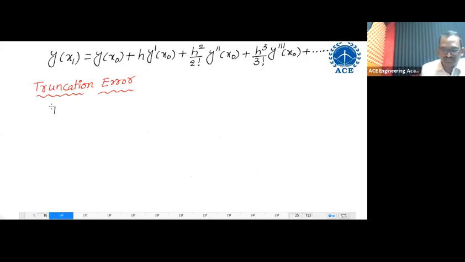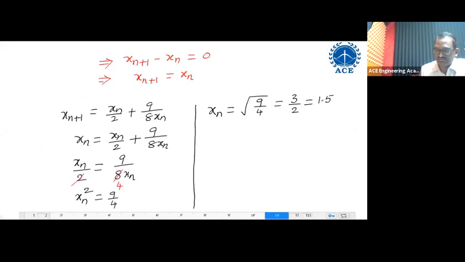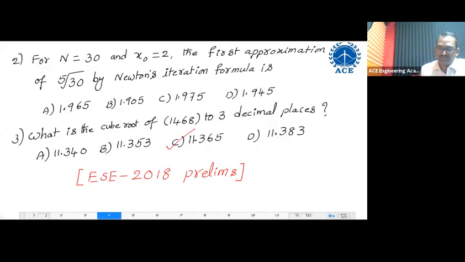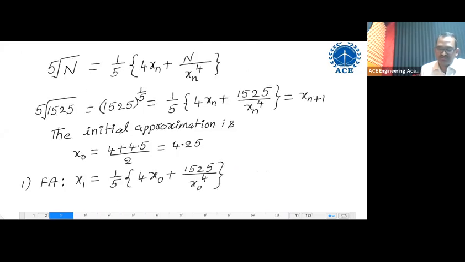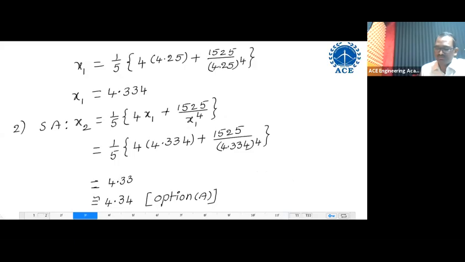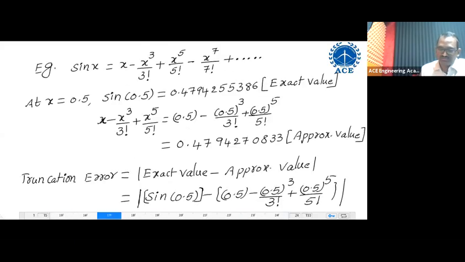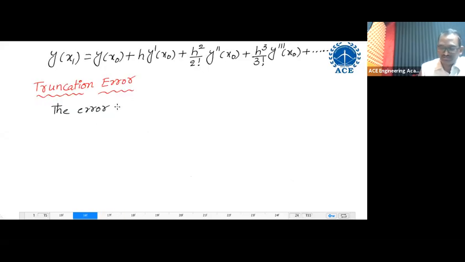So the definition is, this is a concept, man. We are not solving lengthy questions. Where did we solve lengthy questions here? Only one or two problems. This is a concept. So the definition, truncation error: the error arises when